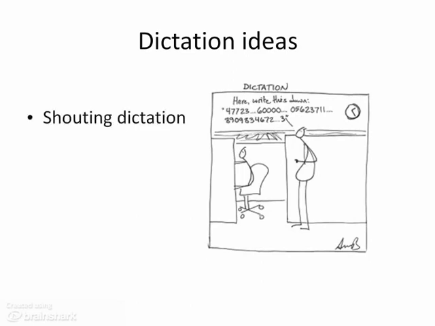Another example, a really nice example for getting learners who are a bit inhibited to speak and to make a bit more noise is a shouting dictation. The way that this works is that you have a text. Ideally, what you want is a text which is split into two on alternate sentences. So learner A has sentence 1, learner B has sentence 2, learner A has sentence 3, etc. Within a text which has, you know, normal